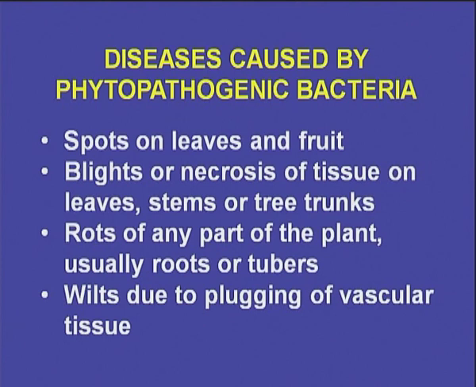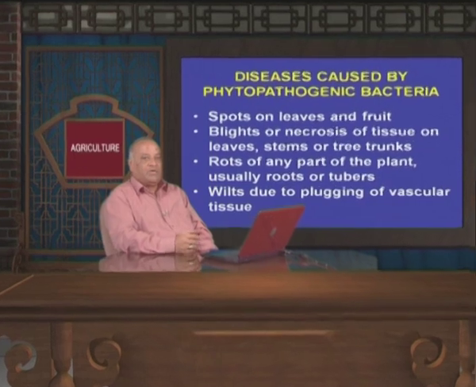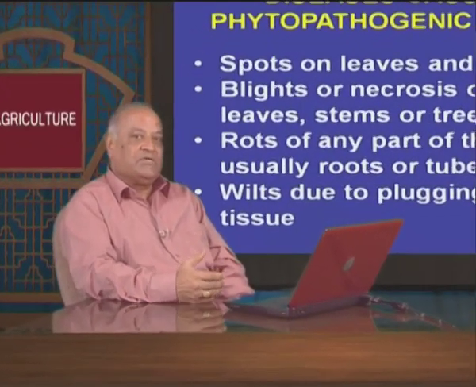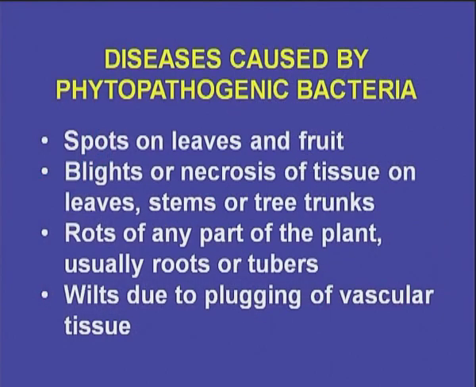Then we come to the diseases caused by these pathogenic bacteria in the plants. We see that certain types of symptoms are produced at the time when bacteria infect the plants. So, these are the general types of symptoms I am discussing here. These are the spots on the leaves and fruit, blights or necrosis of the tissues on leaves, stems or tree trunks, rots of any part of the plant, usually the roots or tubers, and wilts due to plugging of vascular